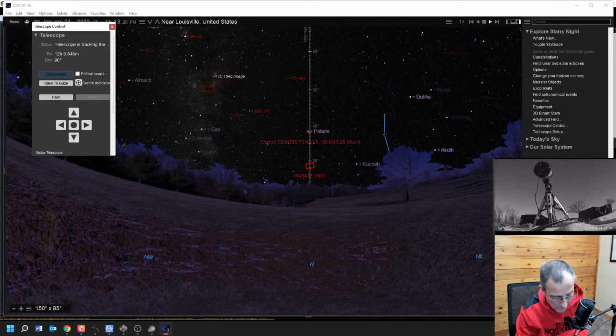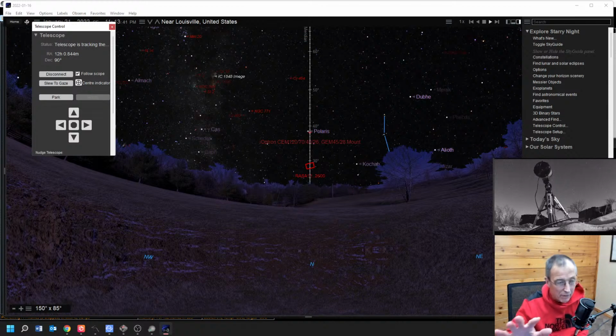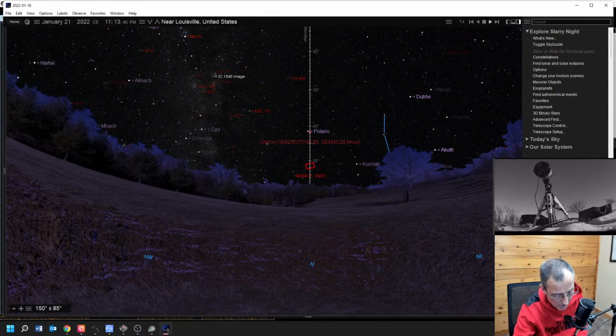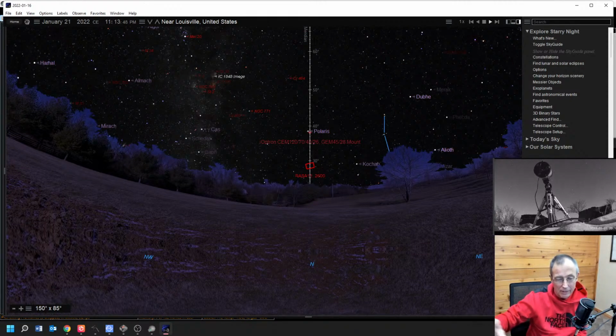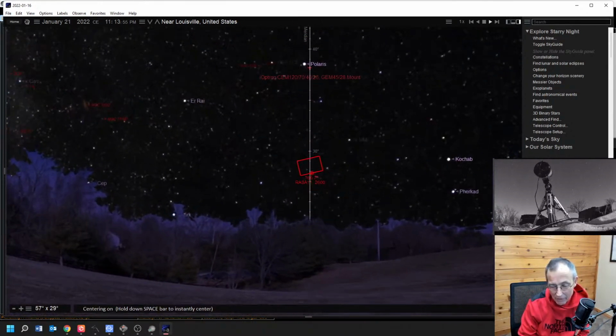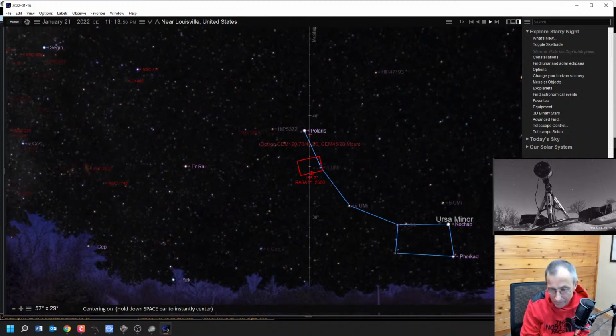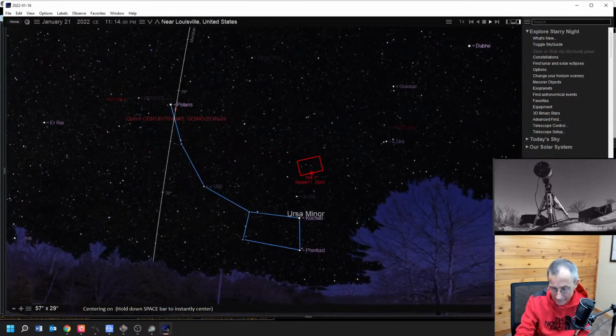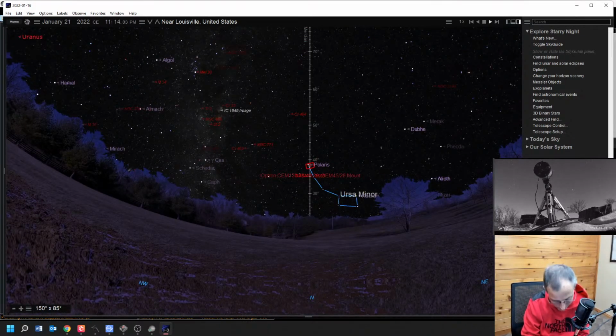Okay, it looks like it's connected. And then for right now, let's click this little button that says follow the scope. There you go. So now wherever the scope goes, the planetarium software should go. This is a new photorealistic horizon I've got set up here, and I really like it. It's a lot more true to the night sky here at Emerald Hills. That tree that you see there is really there,